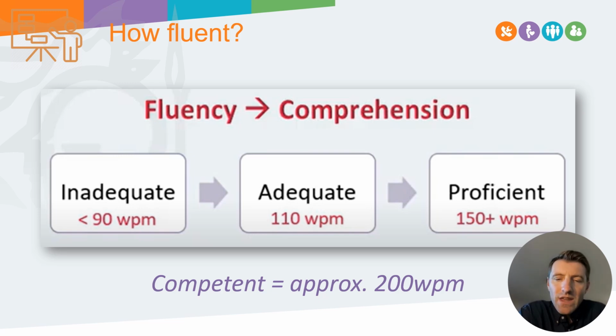So we need to think about and know what rate our learners are reading at. And then we can do something about it. So being mindful of those different rates and mindful that 110 is sufficient, but really when we start, unless we get to that 110 words per minute, we need to think about how we can improve it, and especially if it's below 90, how can we assess it? Well, there's two ways to do it.